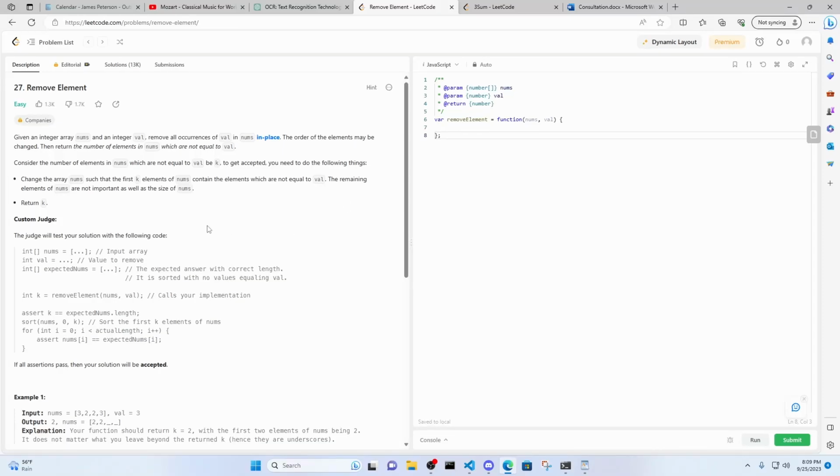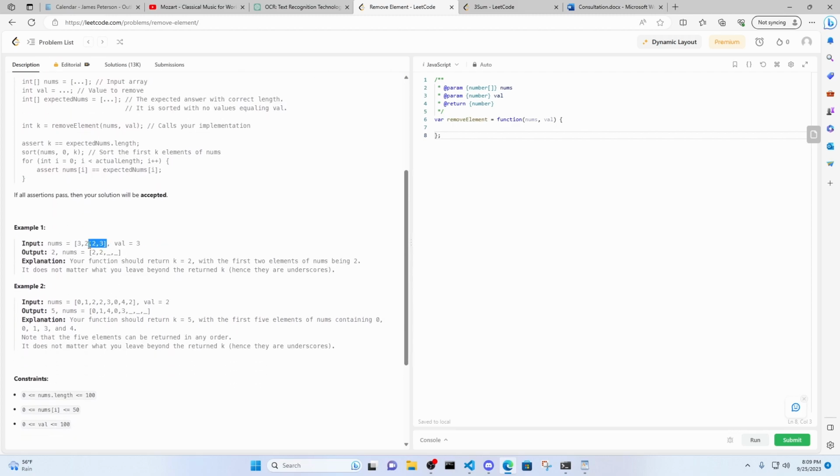The first problem is remove an element. It's pretty simple. The thing that makes it a little trickier is you're doing it in place, but really not that difficult. So, given an integer array nums and an integer val, remove all occurrences of val in nums in place. The order of the elements may be changed, then return the number of elements in nums which are not equal to val. So, basically, it's going to give us an array and it wants us